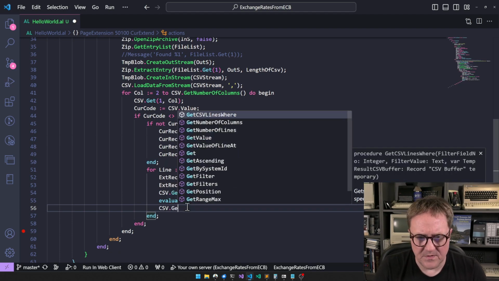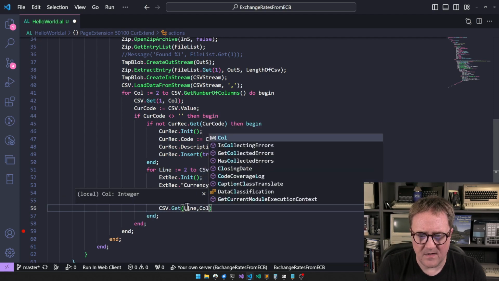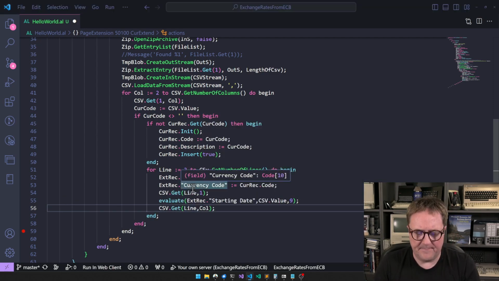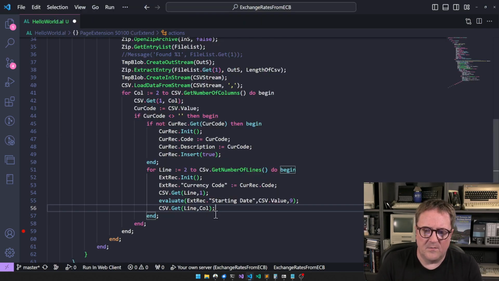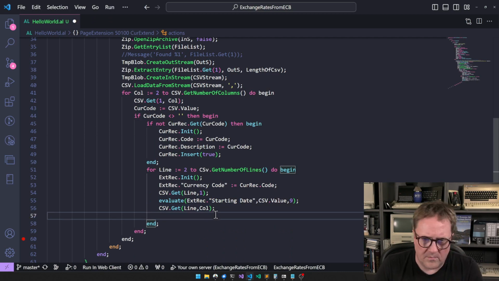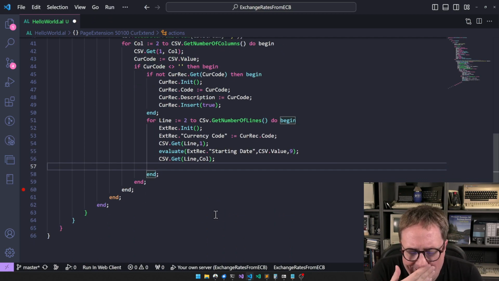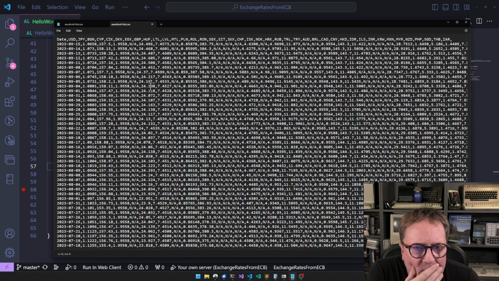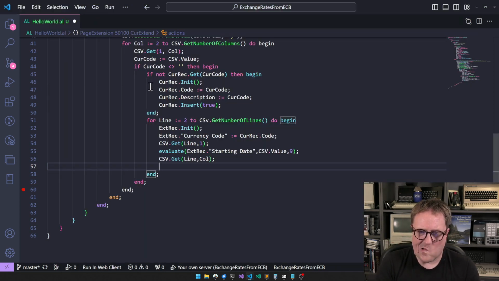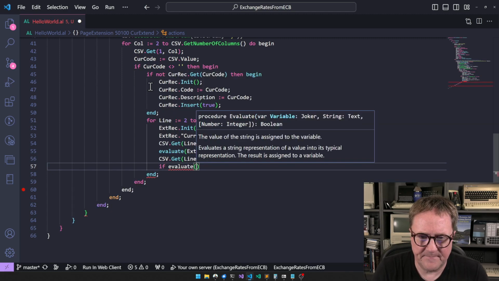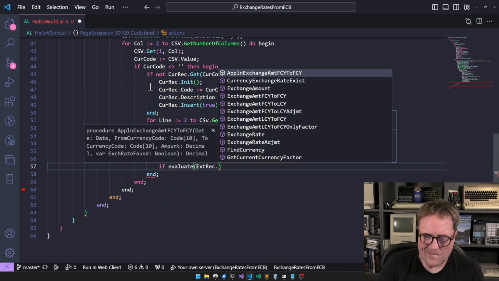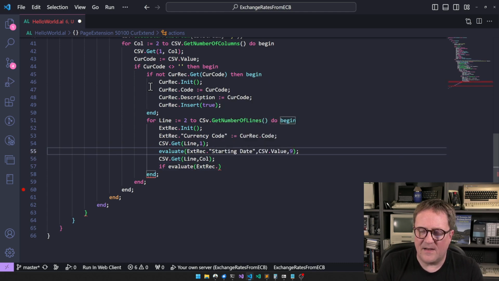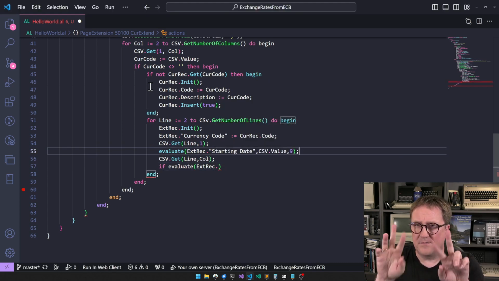And then I guess we need to actually get the number. So we need line, comma column. So get the one we need. But I was just thinking about, so now we need to say that if evaluate dot and, actually, so okay, so